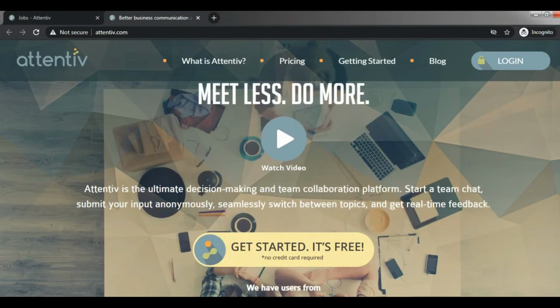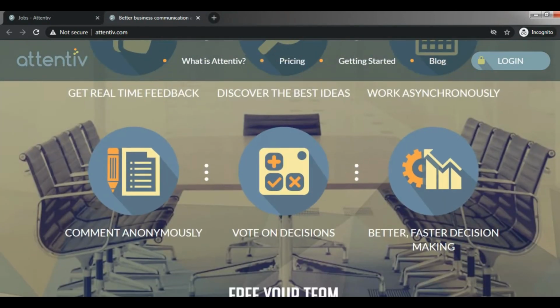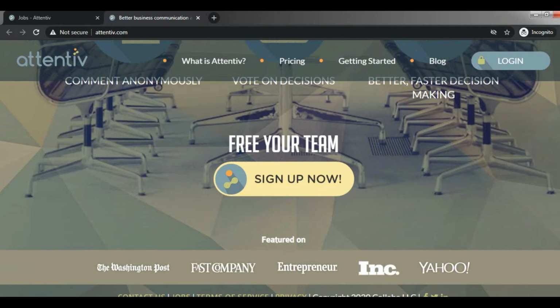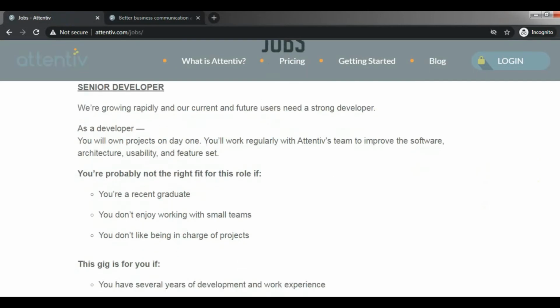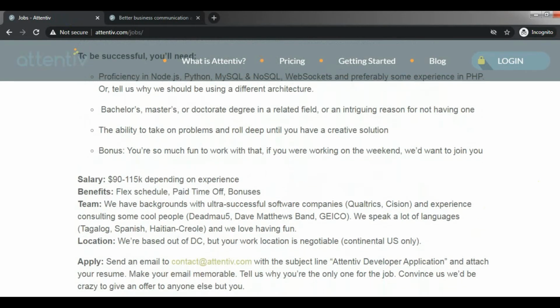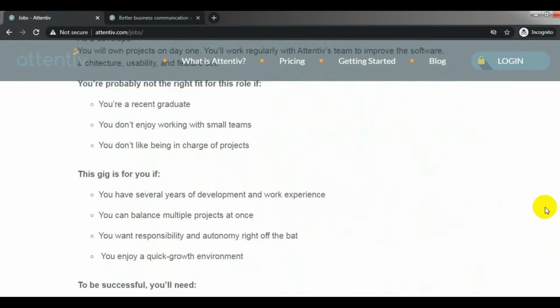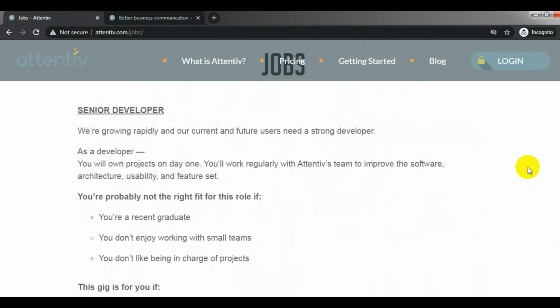Another one is called Attentive.com, and they are a company collaboration platform. If you go to the bottom of Attentive, you'll find their jobs there next to terms of service. And usually they just have maybe 1 or 2 jobs available at a time, at least every time that I've checked this website, but they usually are fairly high-paying jobs, and they also give you the ability to have flexible hours as well. So like right now they have a senior developer as an example,